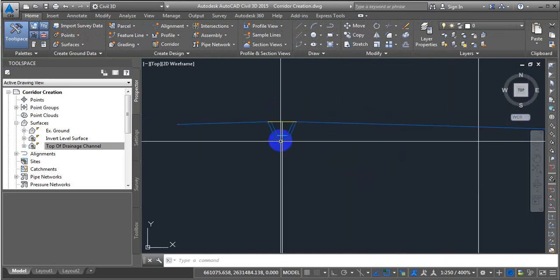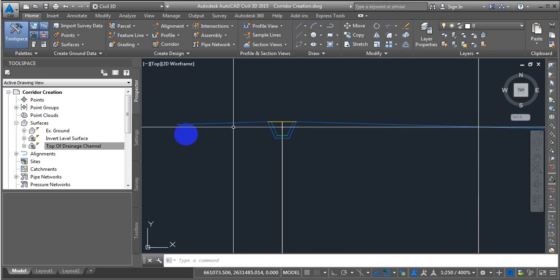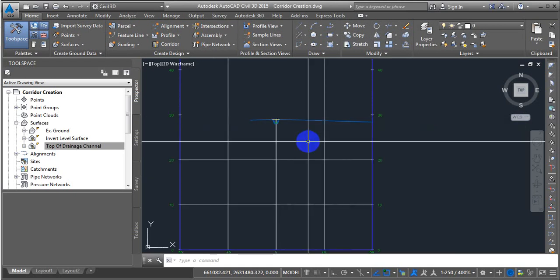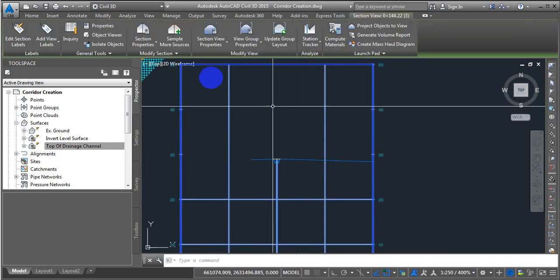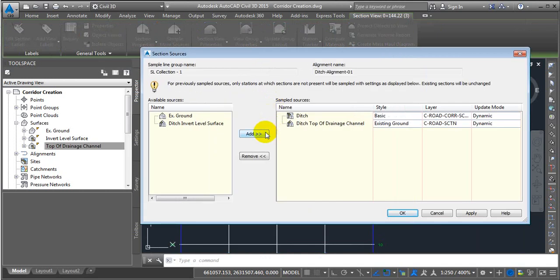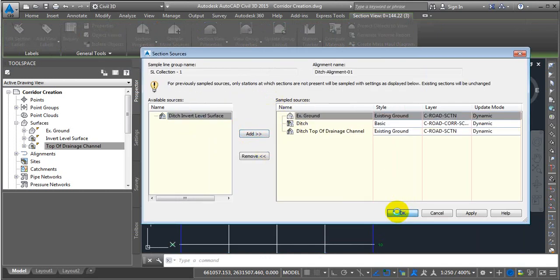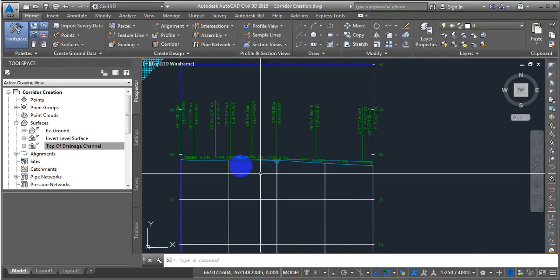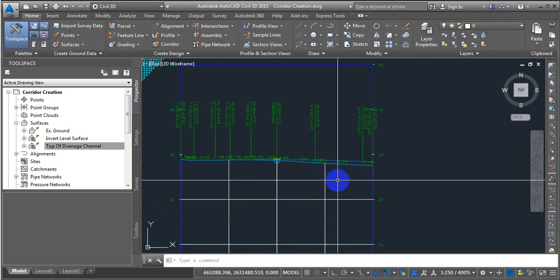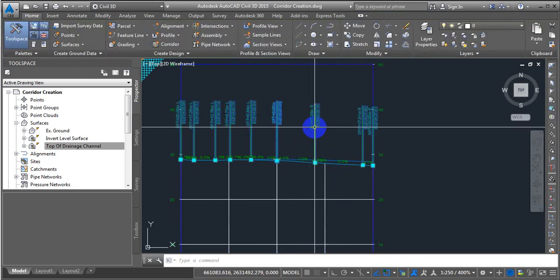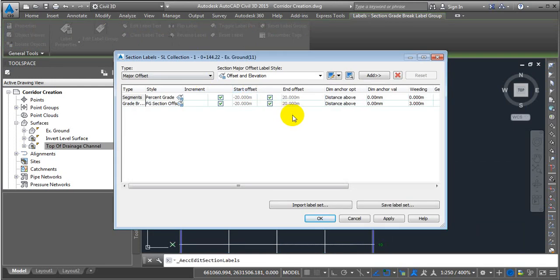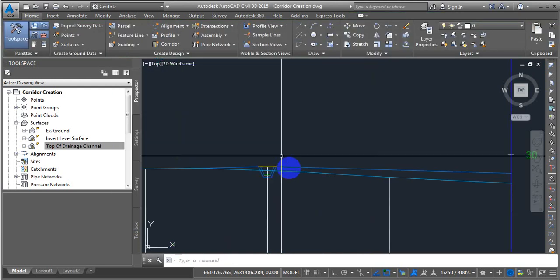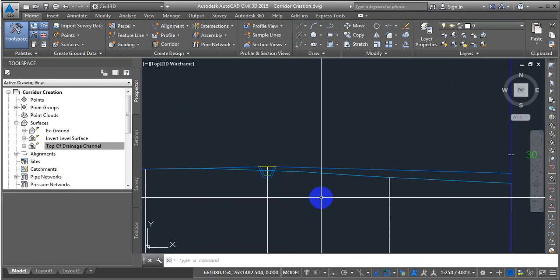And then we can play a little bit with this link. Let's bring the existing ground again in our sample sources. Go to existing ground, just add it to the list so it comes. And then I don't want this label to come right now. What you can do is just click it and go to edit label group and just remove everything, because I don't want to label anything right now. Okay,